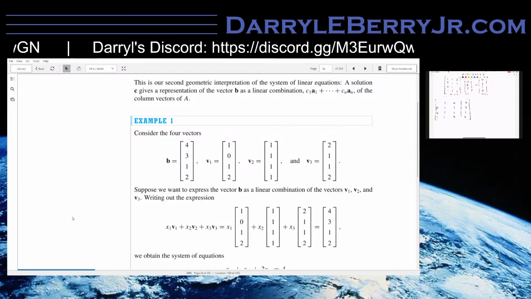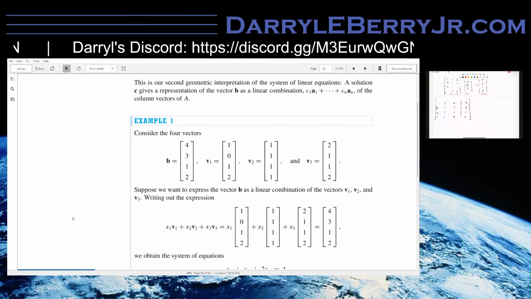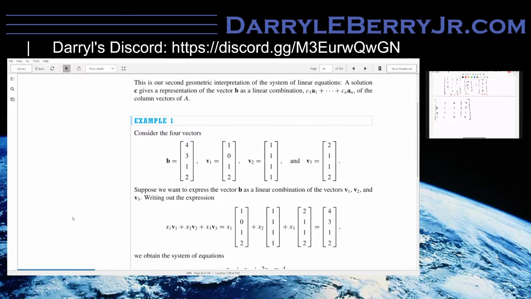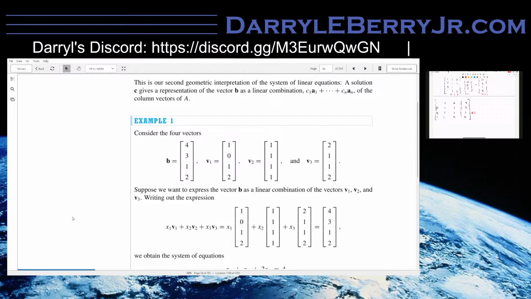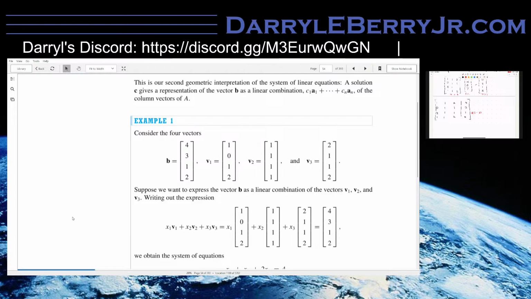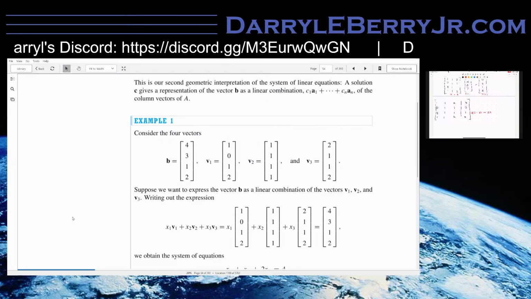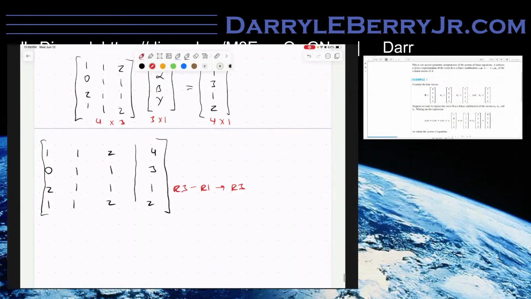So all I have to do now is just do some row operations to solve for this. So if I were, for instance, to take row 3 minus row 1 and put that into row 3,